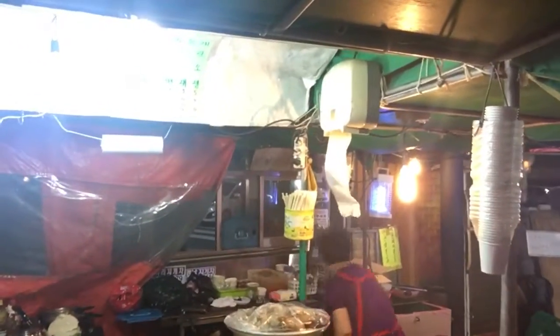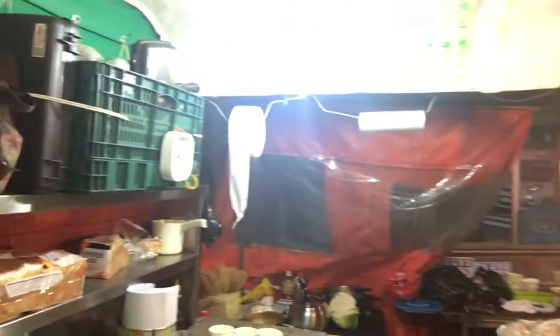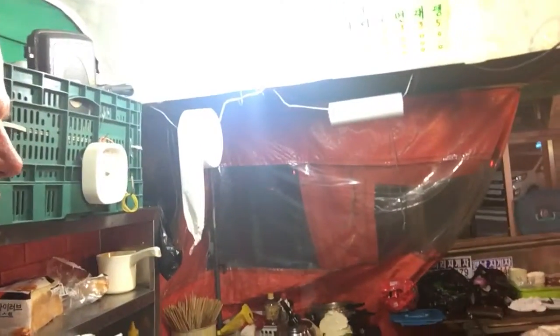So I don't know where she stows the refrigerator, but the power looks like it's drawing from the mains. And there's a pretty big freezer in the top shelf of that fridge there. So she's getting some kimchi. Yeah, it's kimchi. So here's a big tub of kimchi which came out of this fridge there, and